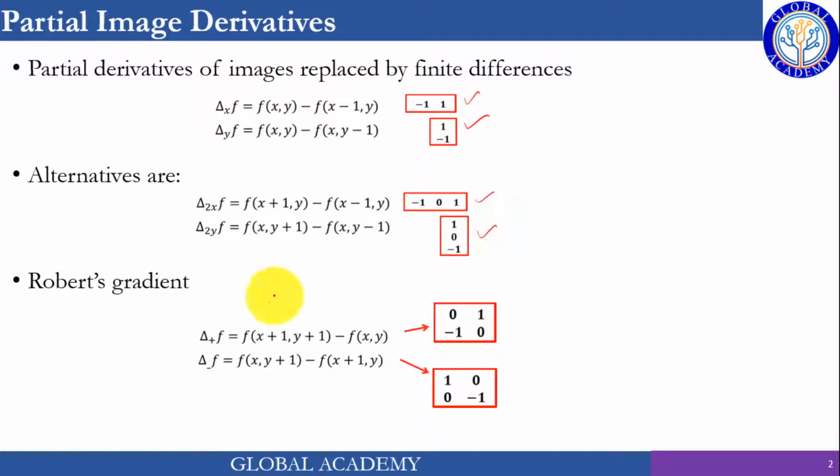And this is the new gradient which is called Robert gradient, and it's very much similar to the backward or forward difference, but it is aligned along the diagonal. So we have 1 minus 1 along the diagonal or cross diagonal. First derivatives, backward or forward and center differencing, are used to detect horizontal or vertical edges, and this Robert gradient can help us in finding edges along 45 or minus 45 degrees.